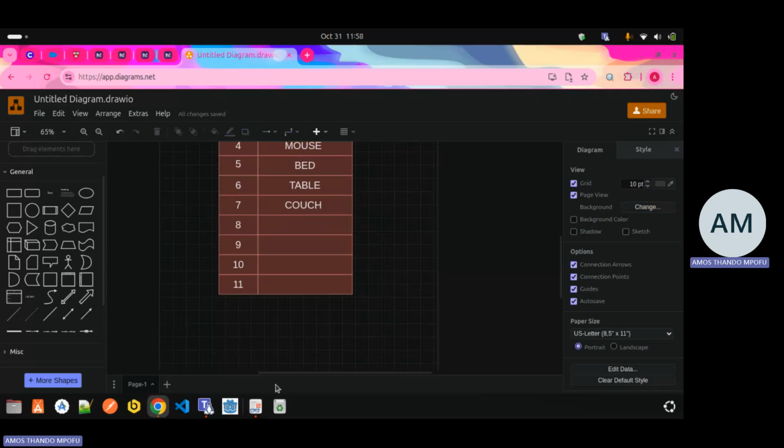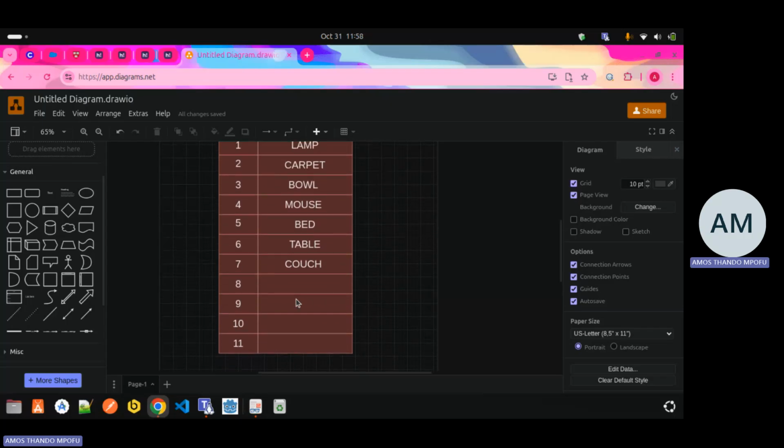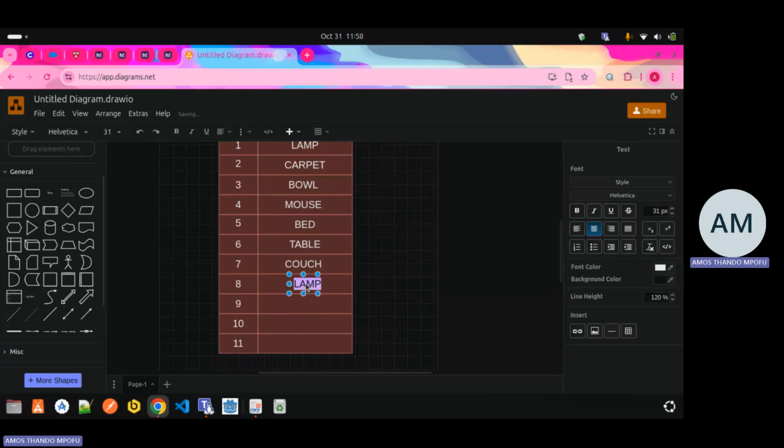So far so good. And then 4 again, painting. And we keep checking the next block. So starting at 4, 5 is occupied, 6 is occupied, 7 is occupied, 8 is not occupied. So we can use 8. So this will be painting,